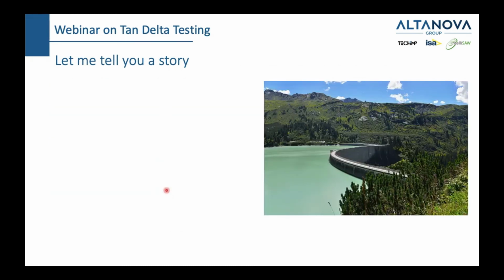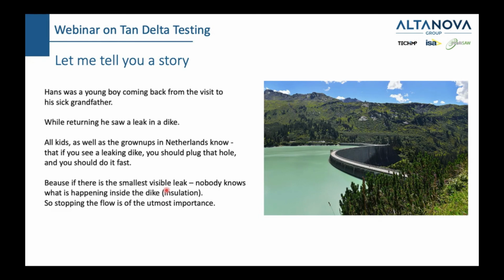Now, this boy, Hans, was coming back from a visit to his sick grandfather, and while returning, he saw a leak in a dike. All kids, as well as the grown-ups in Netherlands, know that if you see a leaking dike, you should put a plug. You should plug that hole, and you should do it fast. And you should do it because if there is the smallest visible leak, nobody knows what's happening inside the dike. You cannot jump inside and see what's happening, but this one small leak